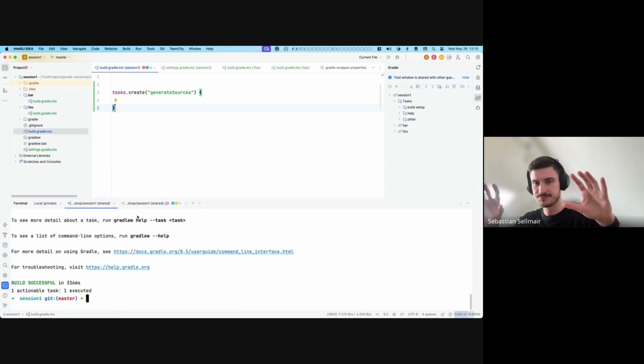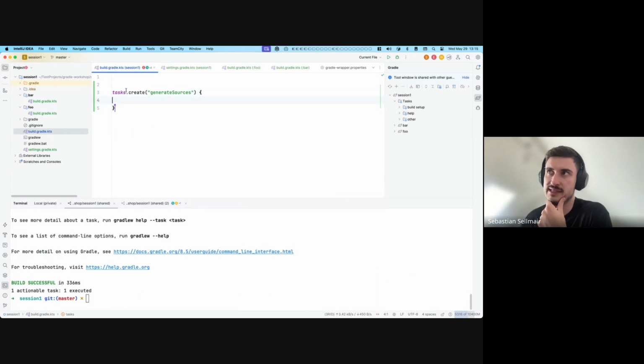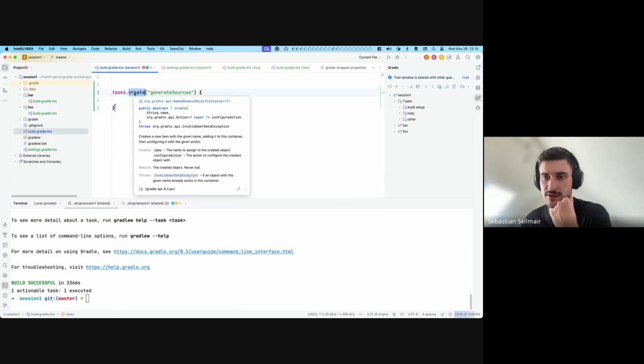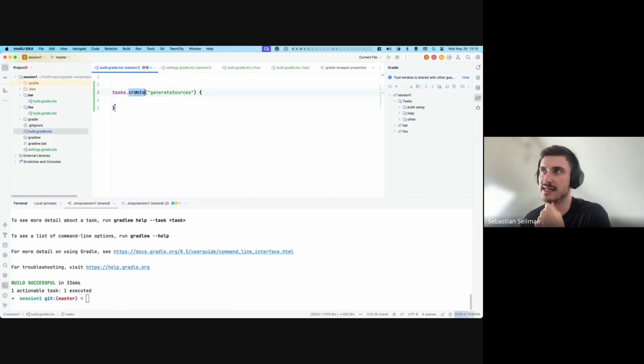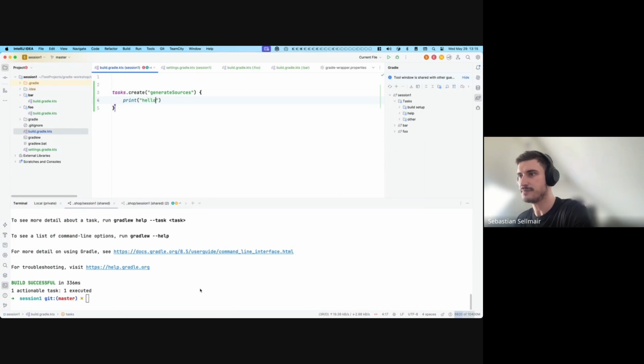Everything is configured. Ideally, it configures as few things as possible, which is why you would see in a pull request, if you create a task with task create in any of our repositories, some engineer will go and say, no, you cannot do this. Let me show you something here. Let's do something here. Print line, generate sources and say hello. So this here is the task that we just created. Generate sources is a default task, a generic task